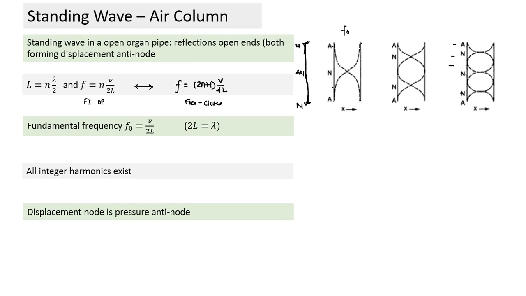So, in very simple terms, why are they similar? Because in a fixed end, both ends have identical conditions. Here also both ends have identical conditions. There they form nodes, here they form antinodes, but overall the terms remain similar, and we can easily use these equations. Sir, I didn't understand why only antinodes should be at the open ends.